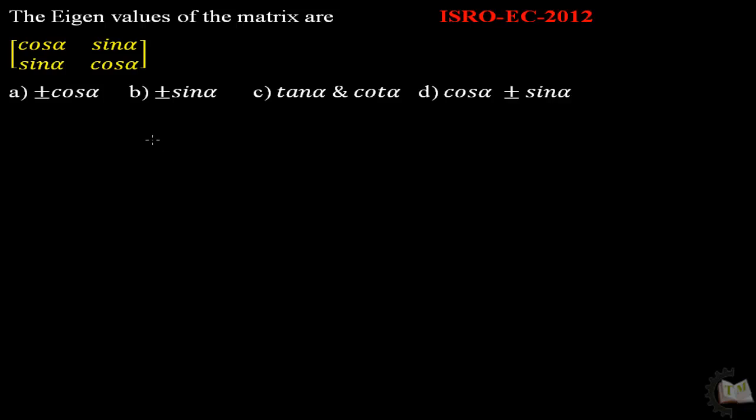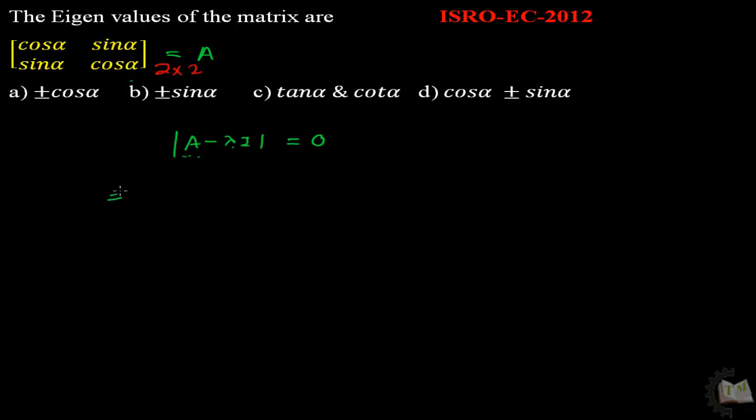First, write the characteristic equation to find the eigenvalue of this 2 cross 2 matrix. Then the characteristic equation will be the determinant of A minus lambda I equal to 0, and take this as the A matrix. Lambda I is the identity matrix. If you write in the place of A that matrix, and lambda times the identity